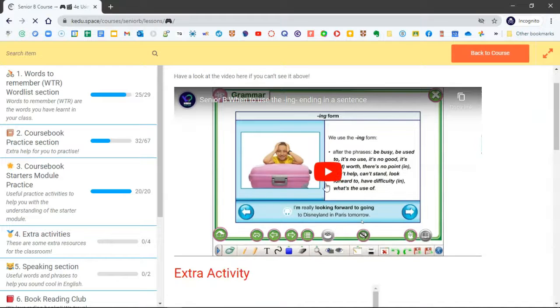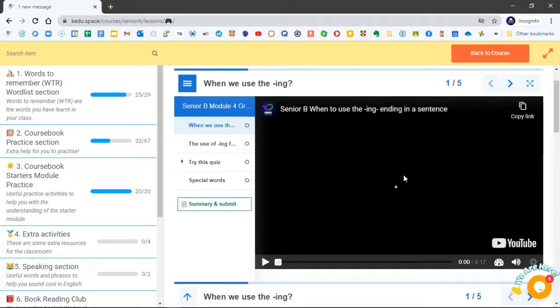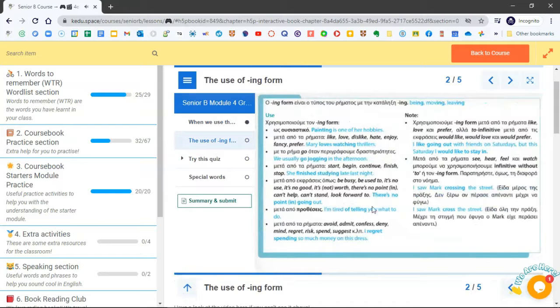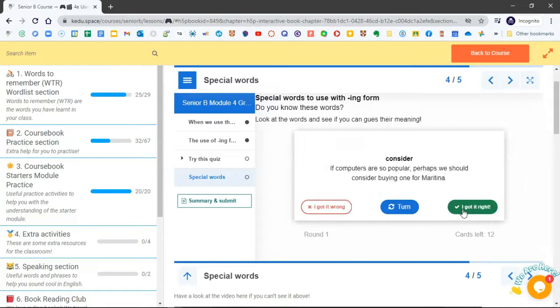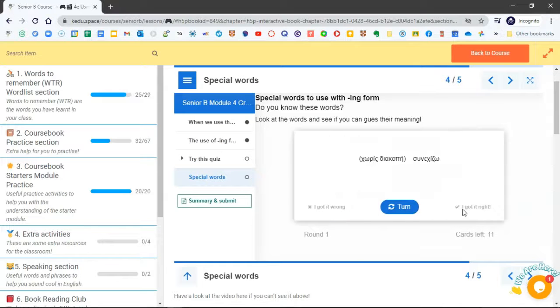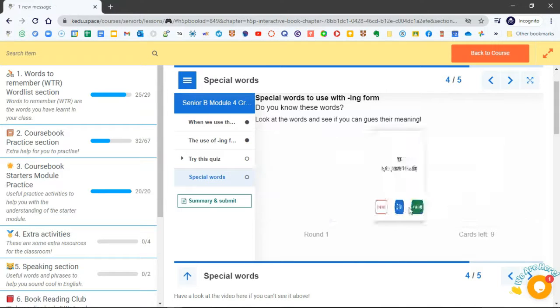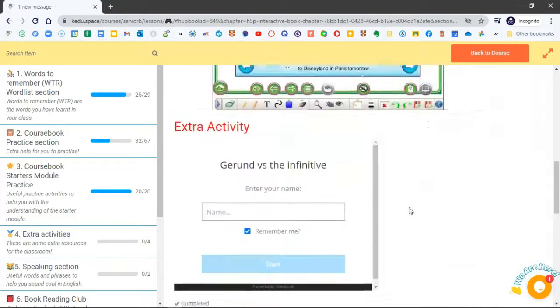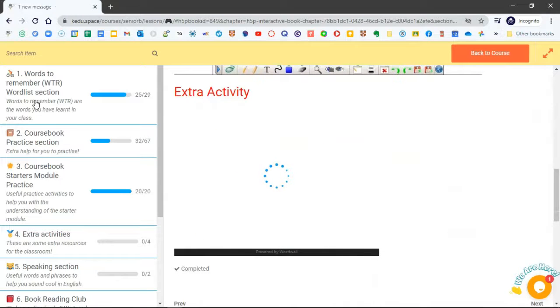Here's a short video they had to watch. What else? Here's some usage of the ING form, and here are some flashcards where we're trying to get them to learn some of the key verbs of using the ING form. Obviously that's not it. We do have our games, things like word ball and stuff like that, and we have